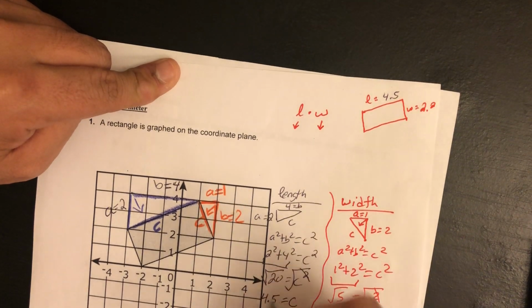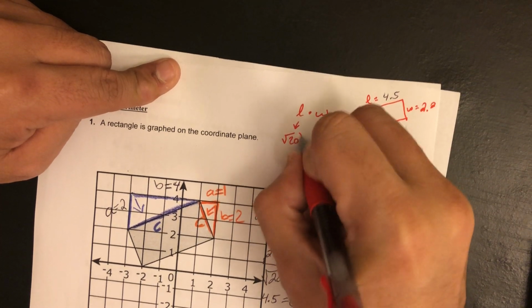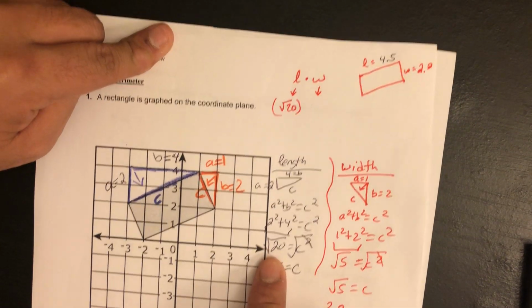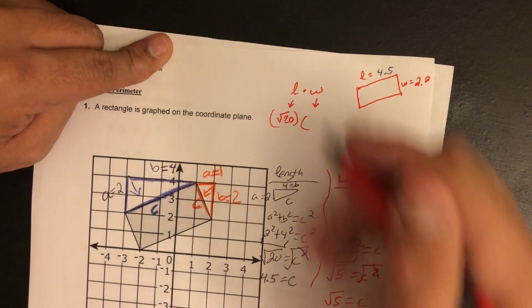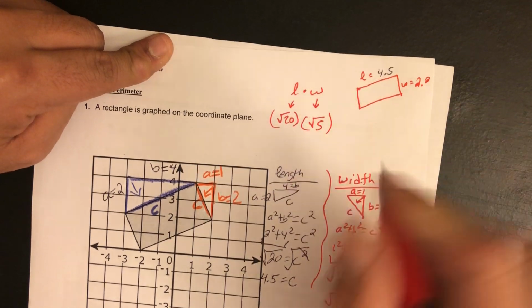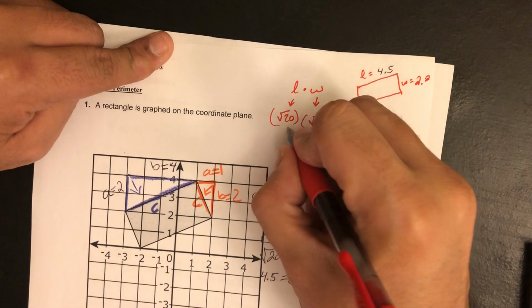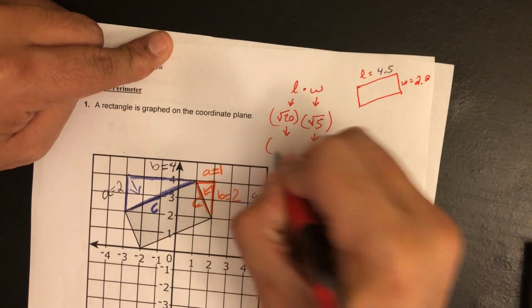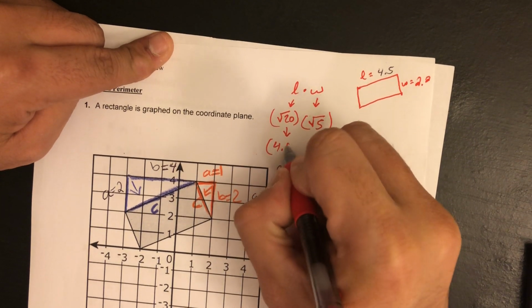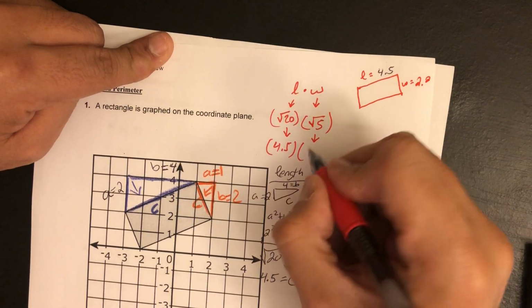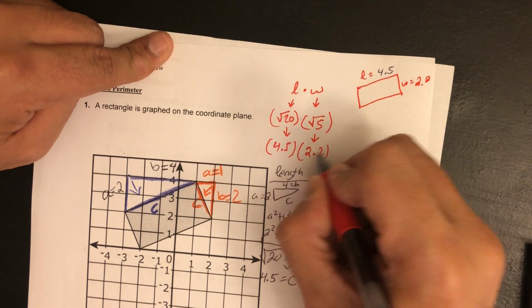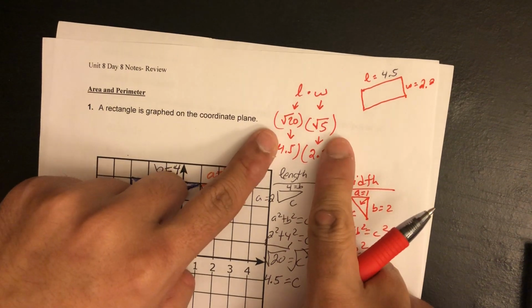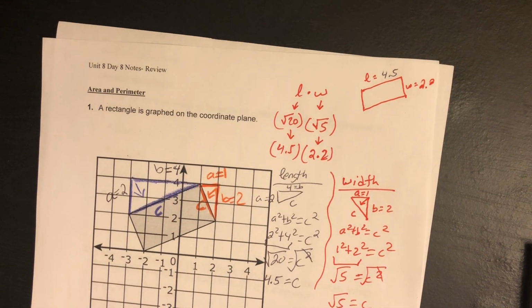Okay? The first way is to use the square root: square root of 20 times the square root of 5. Of course, if you don't like square roots, you can always convert each square root and say 4.5 times 2.2. Either way, whether you type it in like this or you type it in like that, you will get the